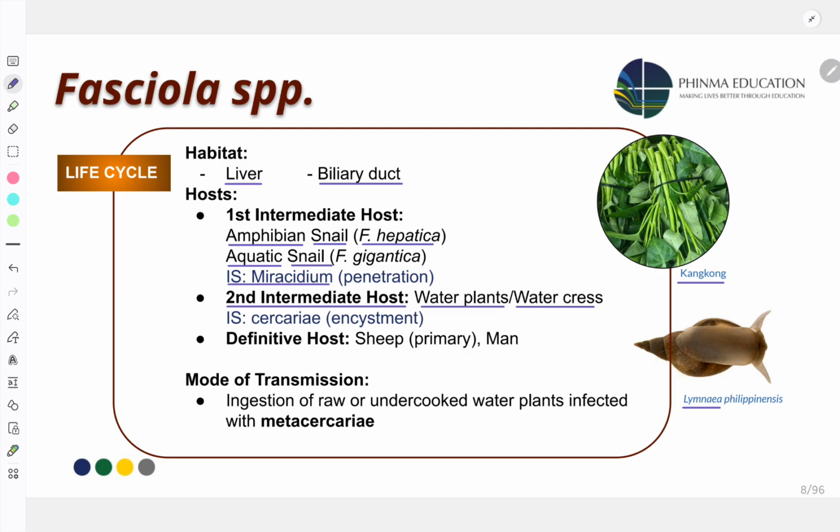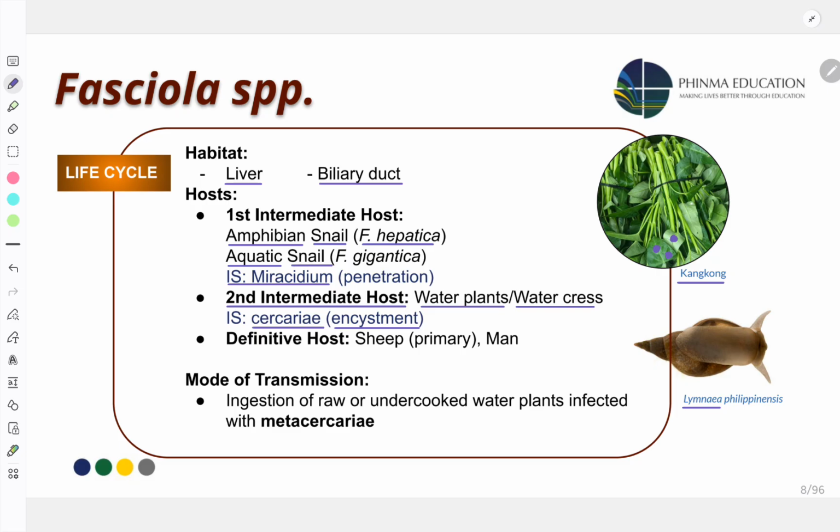So during the life cycle, di ba, the ova is released in the water, the ova hatches, the Miracidium penetrates the snail, your Limnaea, and then it undergoes your sporocyst, Rediae, and then eventually it becomes a Cercariae. So the Cercariae, kani siya ang mo find sa inyong kangkong or sa inyong any water plants, and then it will encyst. So meaning mo pilit siya diri, mo encyst, mo form siya og cyst within the